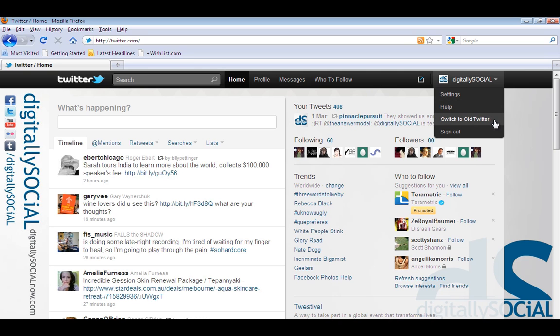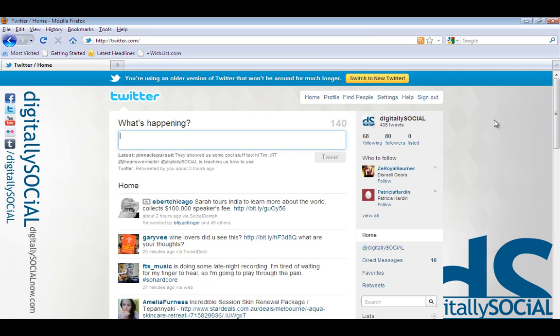Switch to old Twitter. Twitter, up till about a few months ago, used to look like this. So it had these great big margins that were great for graphic design and branding for your Twitter account, but didn't have as great a Web 2.0 usage and function as the new Twitter. Because, as you can see when I click over to here,